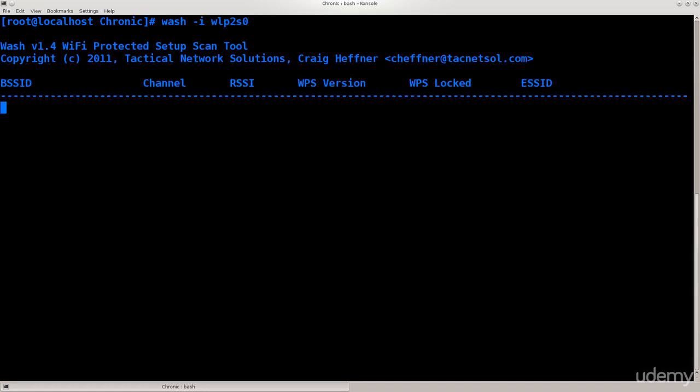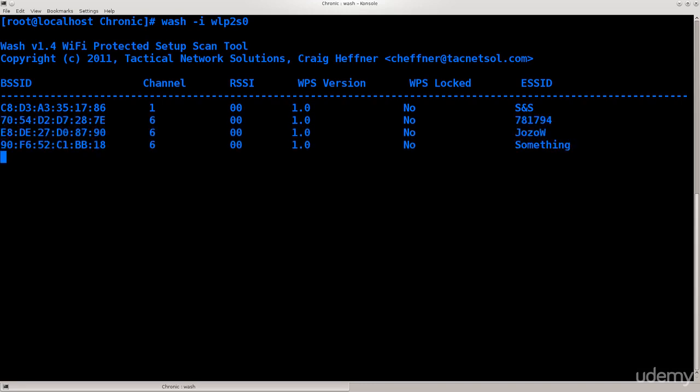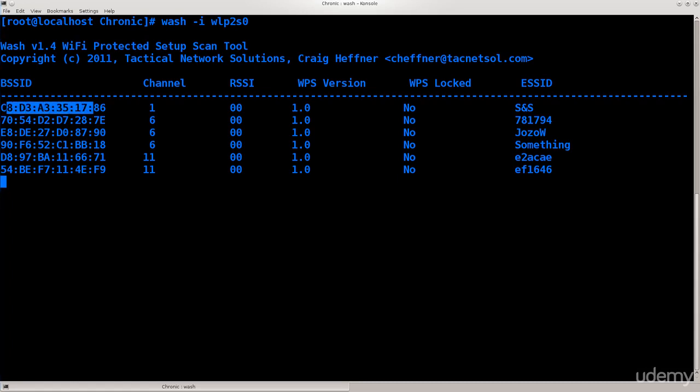Let's continue and start the scanning process itself to see what we can actually attack, what wireless access points here are vulnerable, and what we can actually do. If you take a closer look, here you will see the BSSID, which is basically the MAC address of the access point. Here you can see the channel,